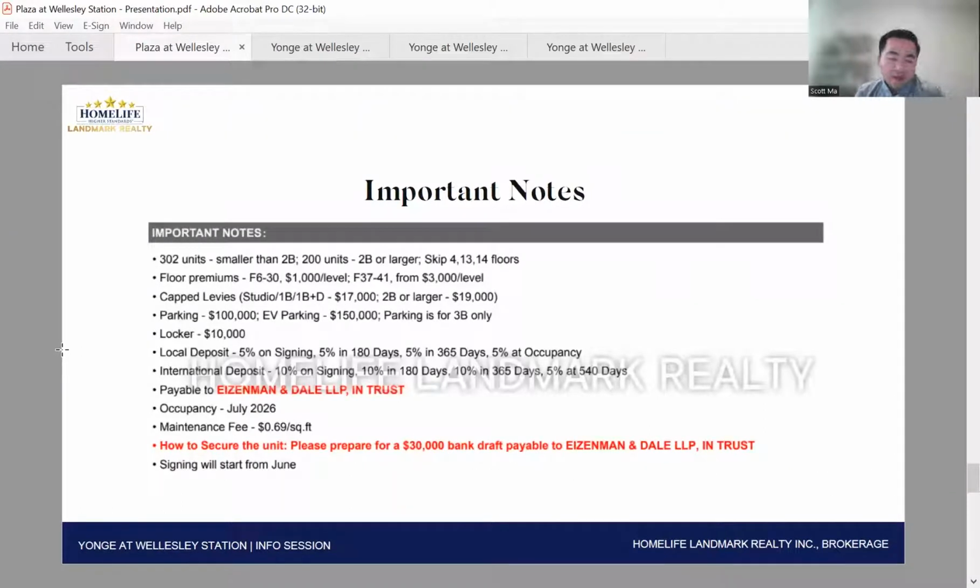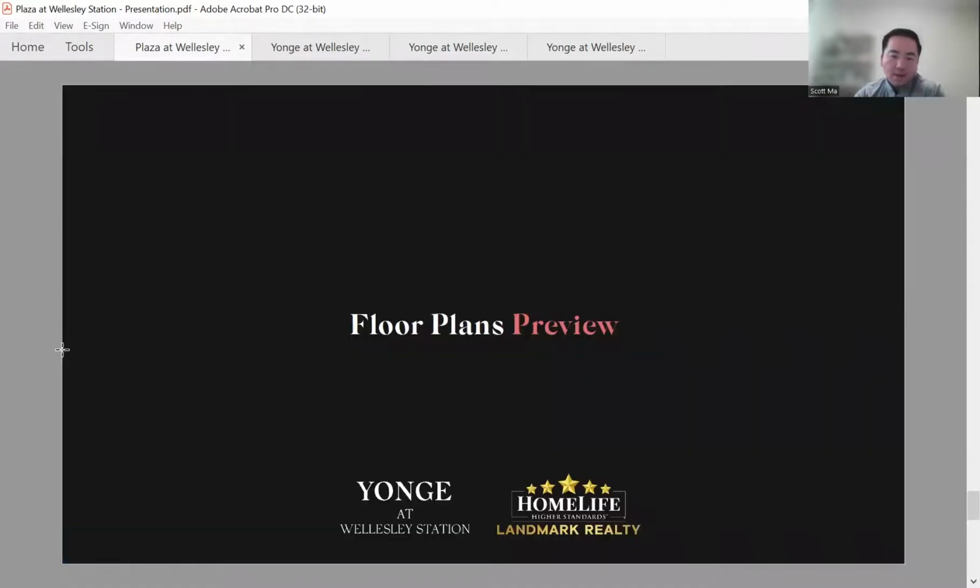I think I covered most of the items here already. And again, if you have solid interest, if you have clients who are interested, I really strongly suggest you submit a worksheet, tell us what you're looking for, and prepare a bank draft of $30,000 payable to Eisenman and Dale LLP in Trust if you want to secure a unit, because signing is going to start next month, probably in the early weeks of June. Without a bank draft, we're going to move on to the next person with a bank draft. So you want to get your worksheet in and get your bank draft ready as soon as possible. If you have any questions,